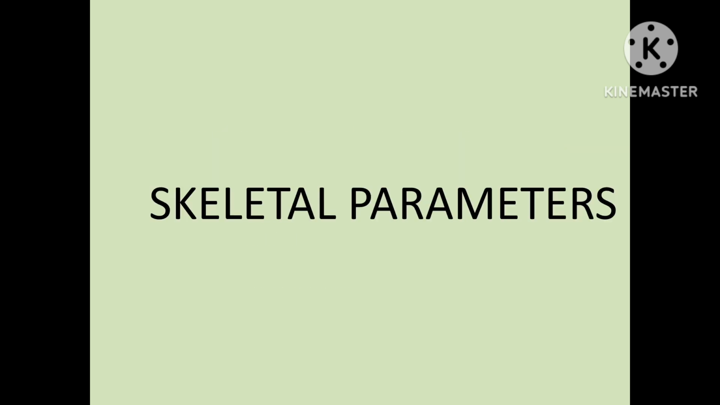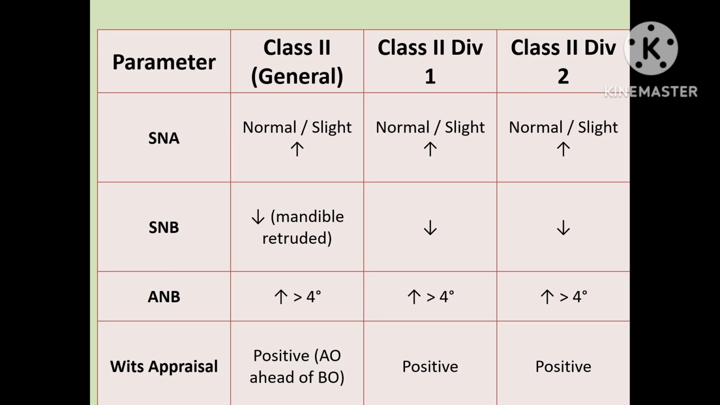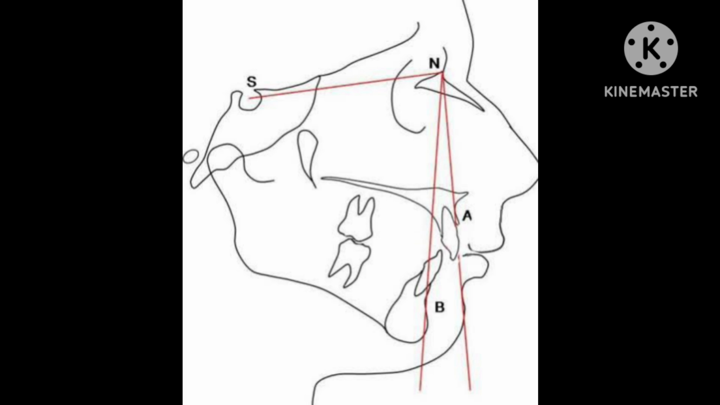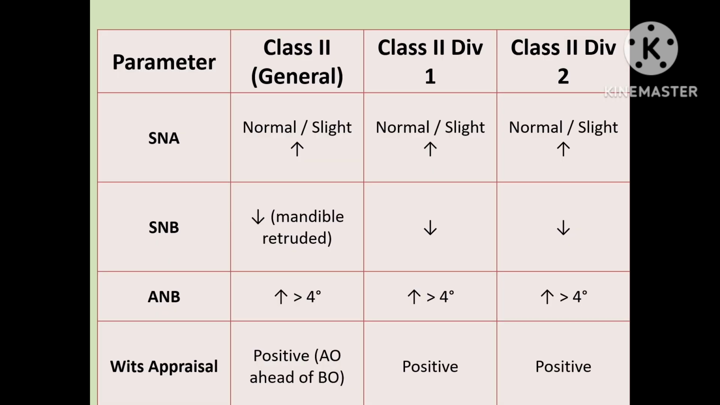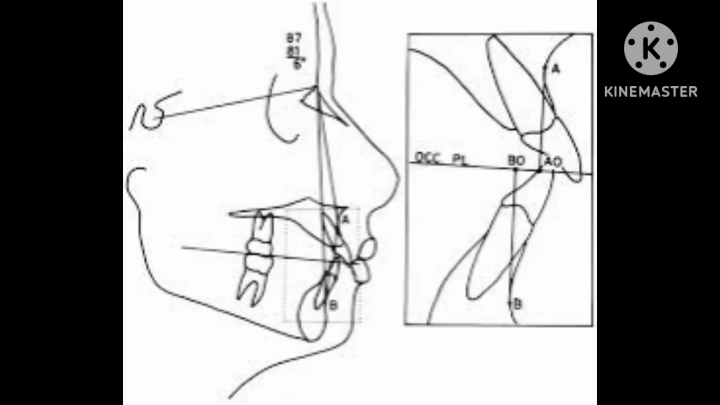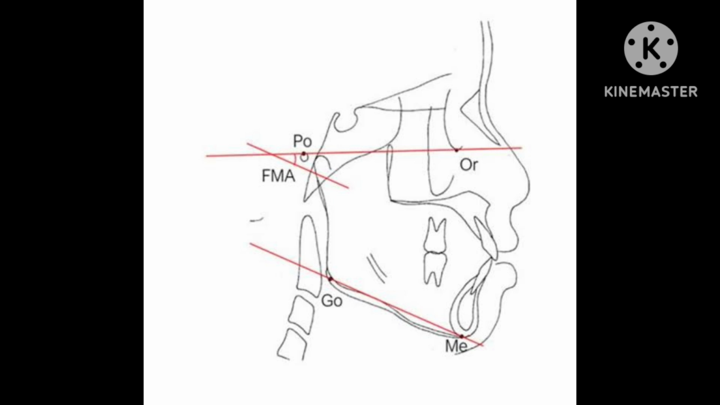Skeletally, the SNA angle, normally 82 degrees, is often normal or slightly high, while the SNB angle, normally 80 degrees, is reduced, giving an ANB value of more than 4 degrees. Similarly, the Wits appraisal, which is normally 0 mm in males and -1 mm in females, is shifted to more than 2 mm, confirming Class II. Vertical assessment with the Frankfurt mandibular plane angle, which is normally 25 degrees,